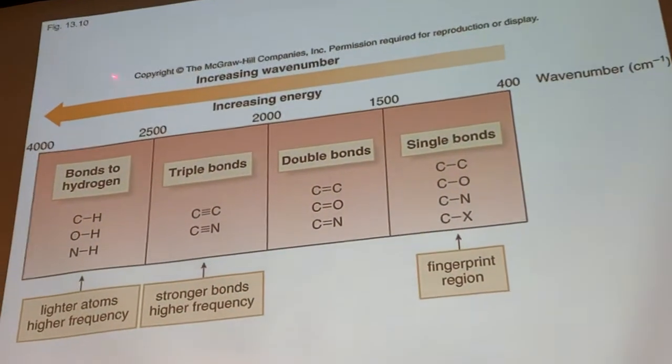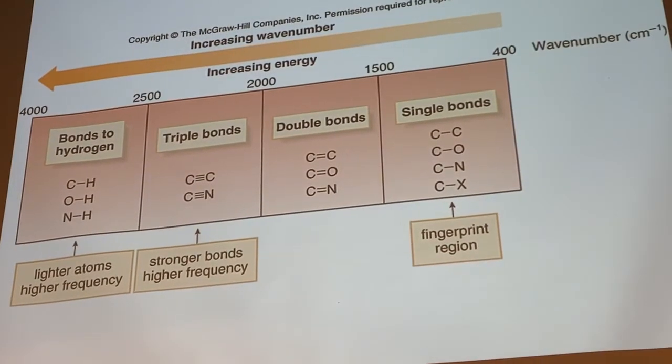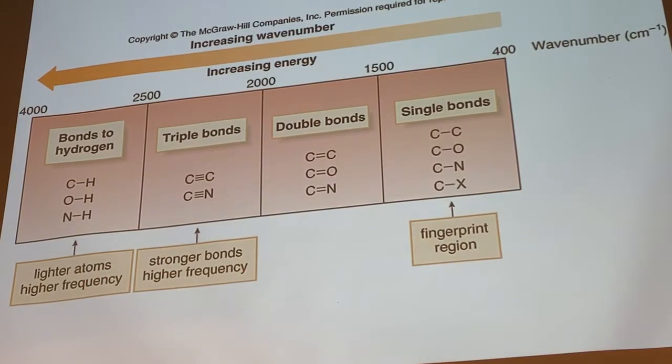So this table in your book, figure 13.10, does a great job of dividing the IR spectrum into four categories and putting the different types of bonds in those different categories, and then letting us know why those different types of bonds appear in those categories. And it's all based on Hooke's law. So if you understand why the different types of bonds are in those different categories based on Hooke's law, then you have a good understanding of the fundamentals